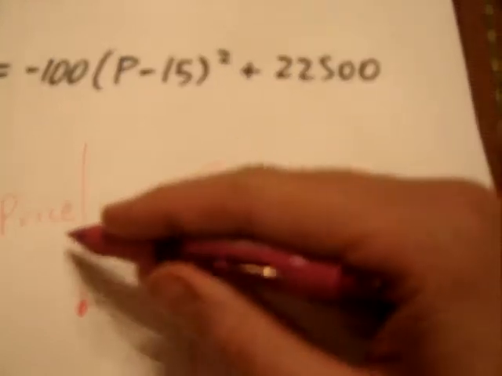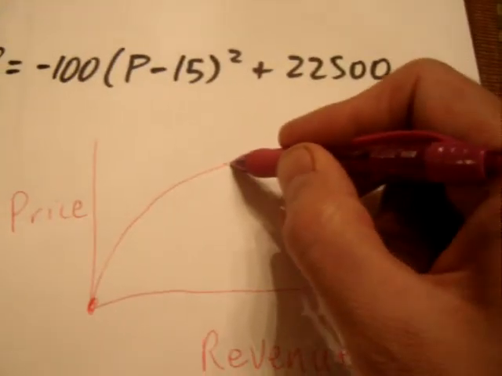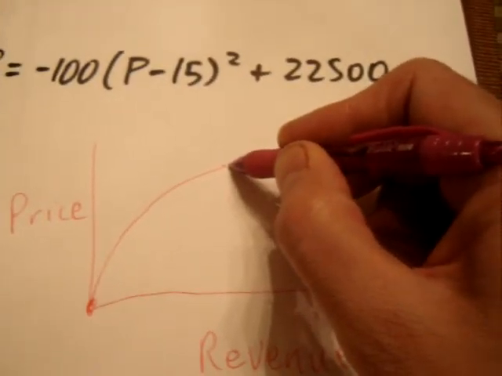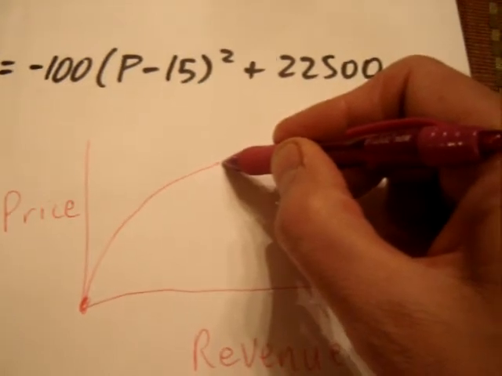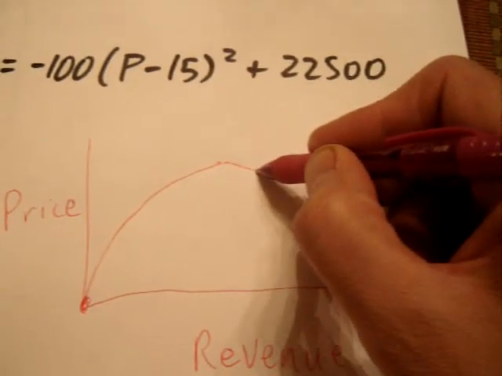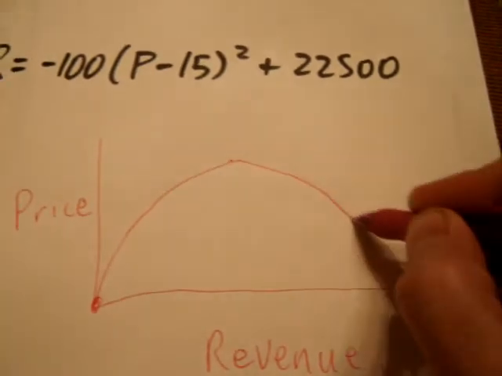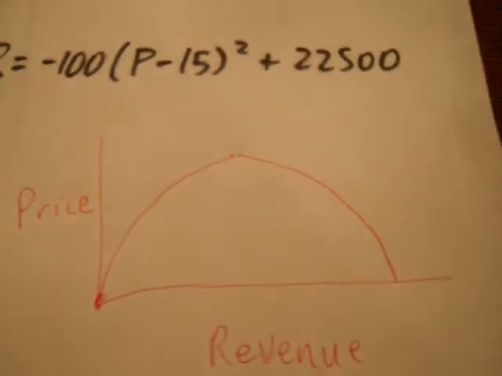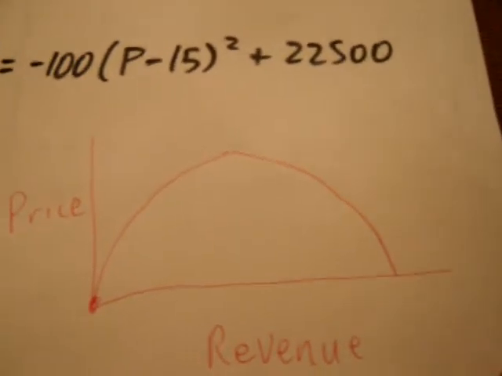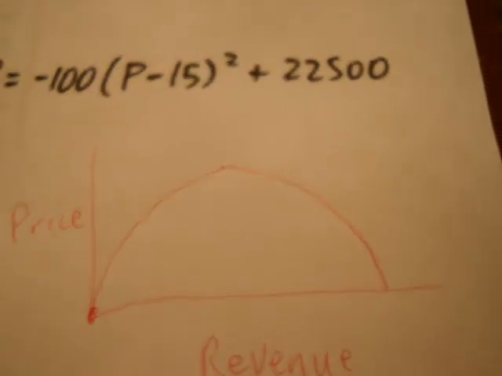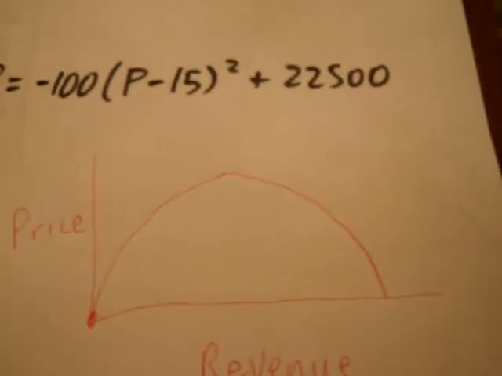At a certain point, the price of a ticket becomes so high that the hockey arena managers actually become a little bit too greedy, and the revenue received decreases. This is another example of a quadratic relationship, and the graph of that looks like an upside down parabola.